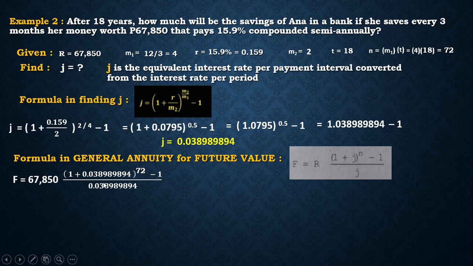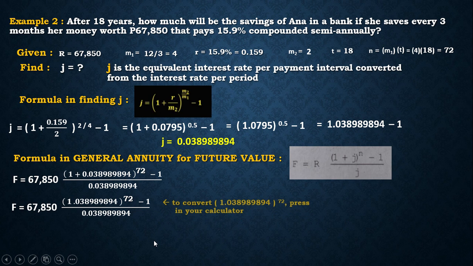Next step, we have to add this part. Wala po munang gagalawin dito, dito at dito. So we have 1.038989894. Still, we have the exponent of 72. Minus 1 divided by 0.038989894. Next step, we have to convert this part. Paano natin ico-convert? Tandaan, wala pong babaguhin dito, dito at dito. Convert po natin ito. Ito po ang mangyayari. To convert